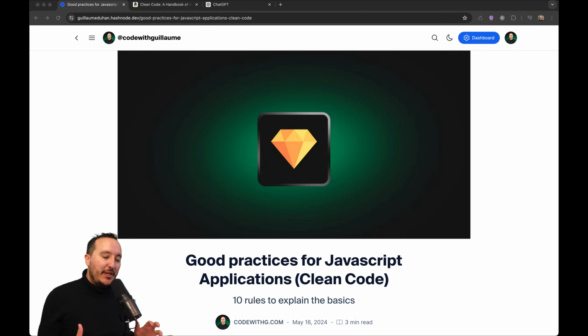Today I wrote an article for my team about clean code and good practices for JavaScript application. So what I propose you to do now is to review quickly this article, and it's going probably to give you a lot of advice, a lot of good practices